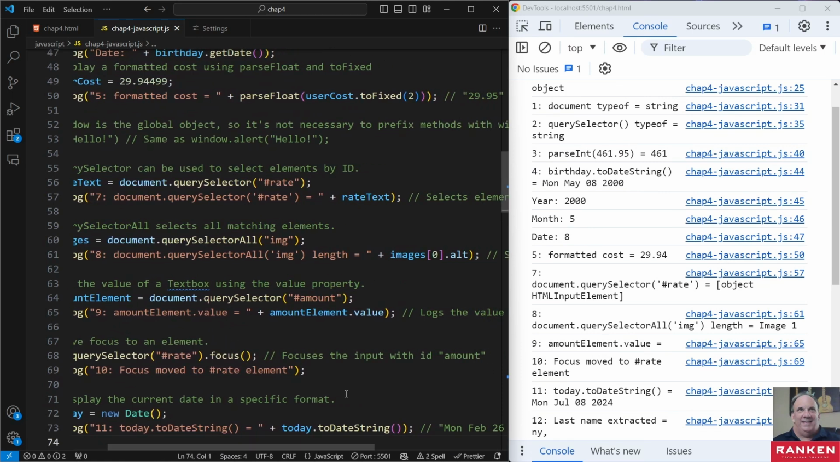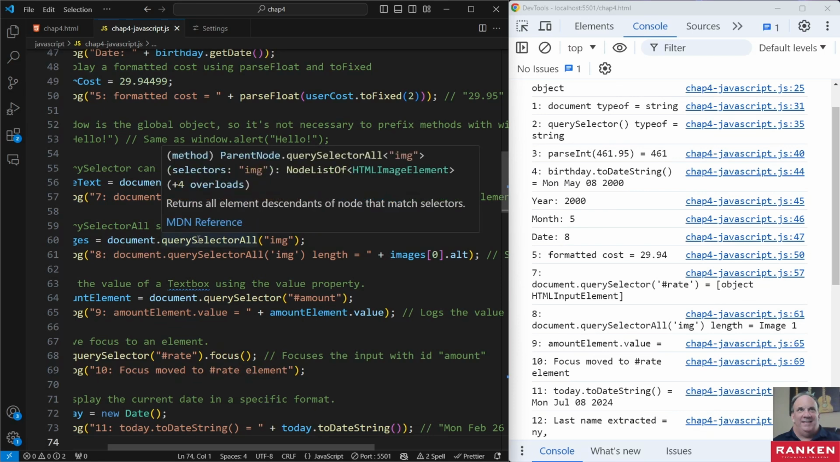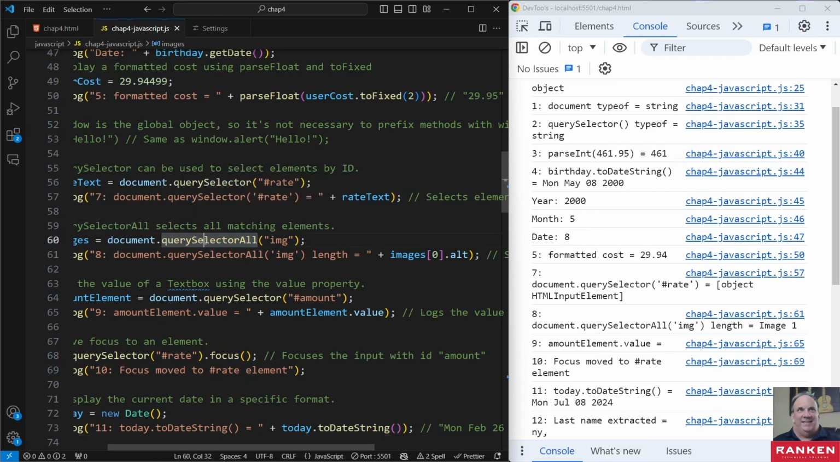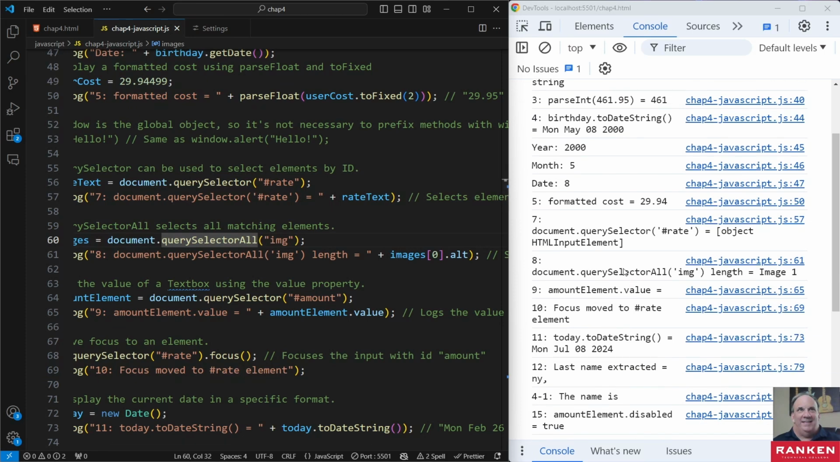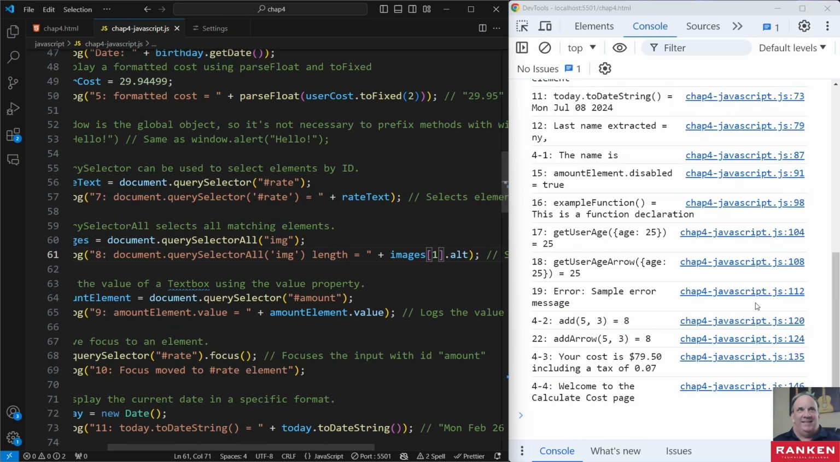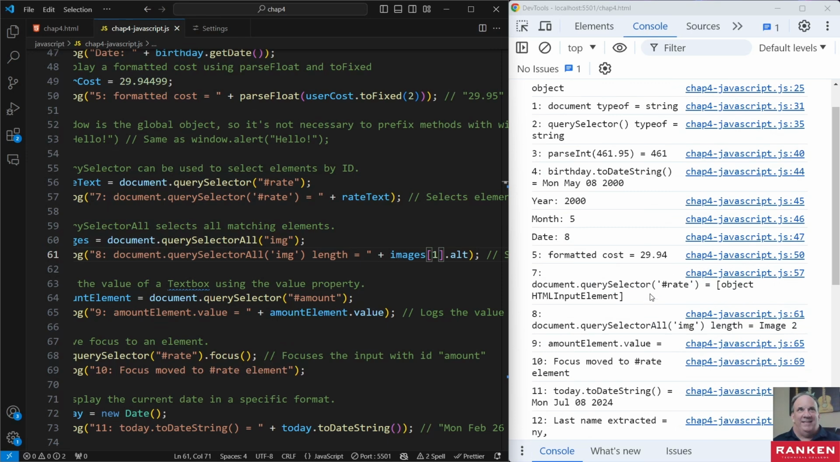Number 8 here. So number 8 here, what we're doing is we're getting all the images, query selector all, and this is actually going to be an array here. And then what we're doing is getting the alt, because we have an alt defined on each image. And by doing 0, because it's an array, we start at 0. That's going to be the first one, right? So for our 3 images, it's going to be 0, 1, and 2. So we change this 0 to a 1. And we save this. Over here on the right hand side, you will see that the alt says image 2